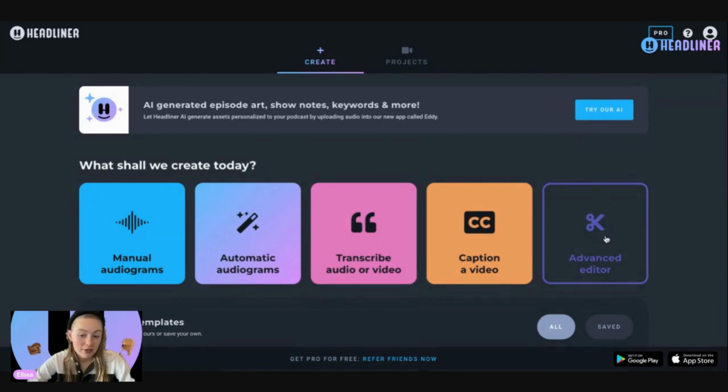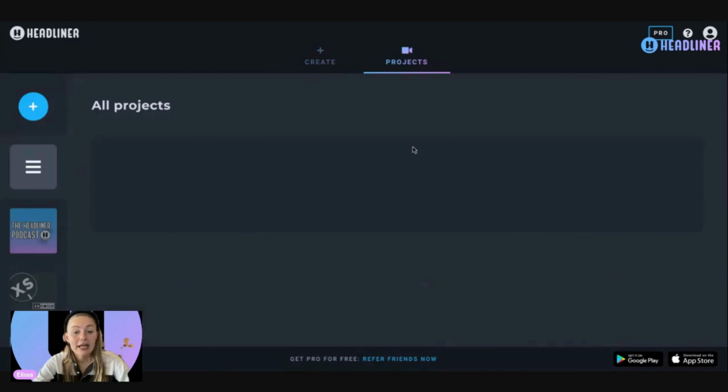So the first way is going to be using the advanced editor. So if you have a file ready for upload that you want to add captions to, so this is going to be if you have a clip or anything that's under 10 minutes long right now, you're able to manually upload this directly into the advanced editor, or you can go ahead and caption any project that